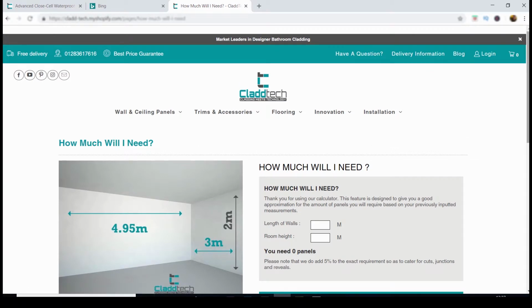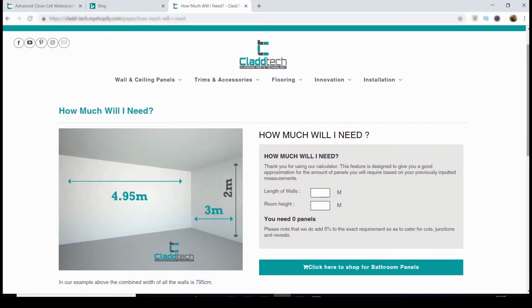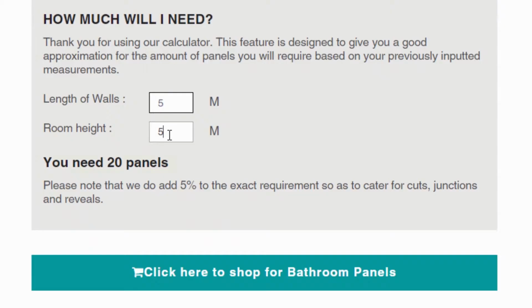When the page opens up, on the right hand side of the page, you will see a box, and the title of this box will be, "How much will I need?" Now below that, you're going to see length of walls and room height. These boxes will calculate how many panels that you will need for the job. You've simply got to measure the length and the room height that you're going to add the bathroom panels to, and then put the numbers in these boxes. We're going to stick 5 in both boxes. And look, you can instantly see that the panel calculator has come up with the amount of panels that you